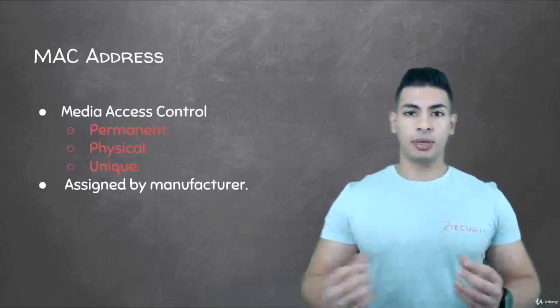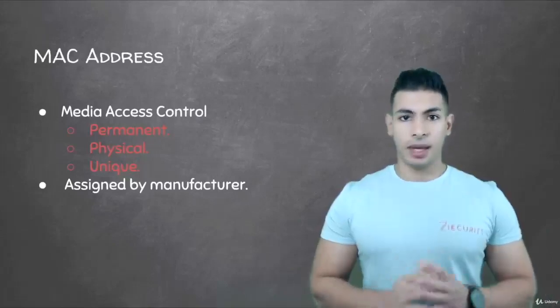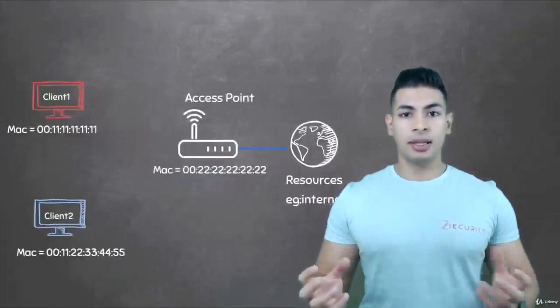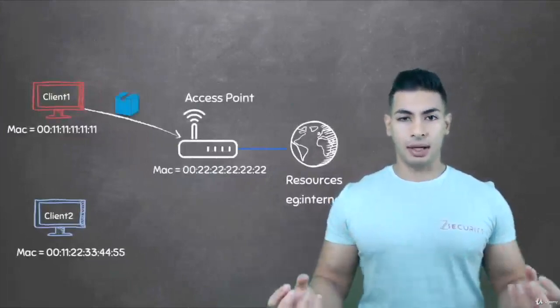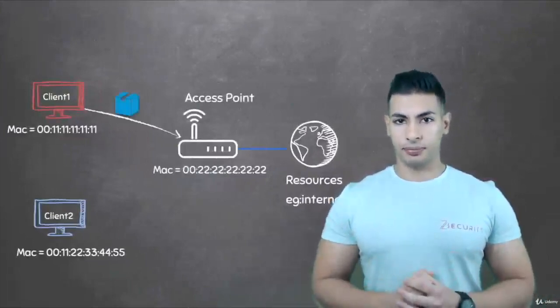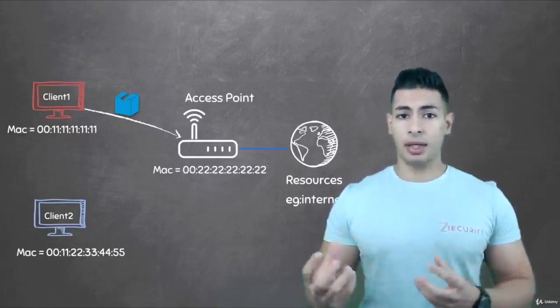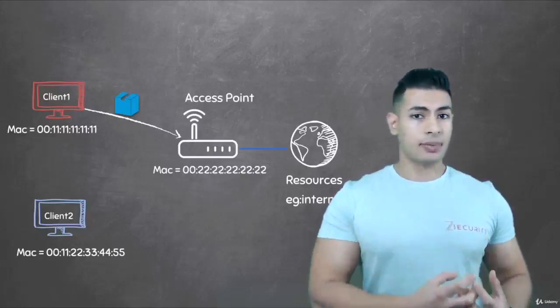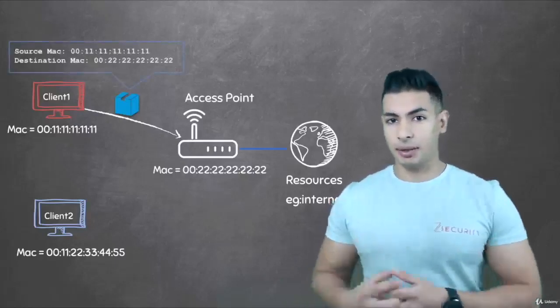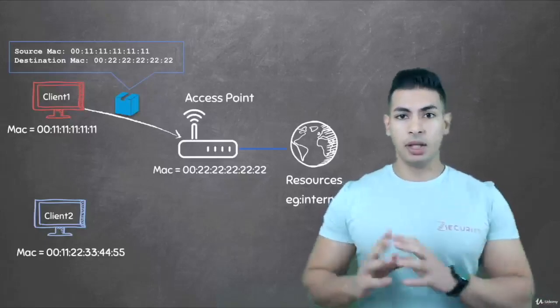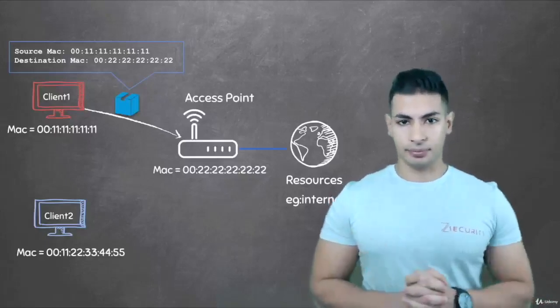So you might already know that the IP address is used on the internet to identify computers and communicate between devices on the internet. The MAC address is used within the network to identify devices and transfer data between devices. Each piece of data or packet that is sent within the network contains a source MAC and a destination MAC. Therefore, this packet would flow from the source MAC to the destination MAC.